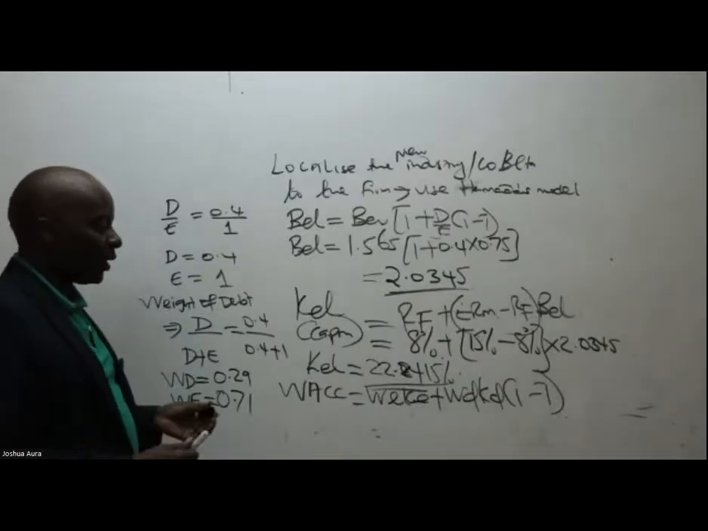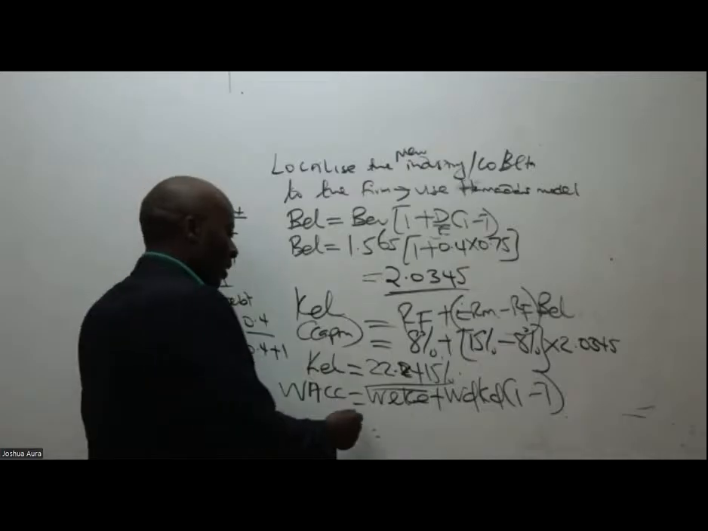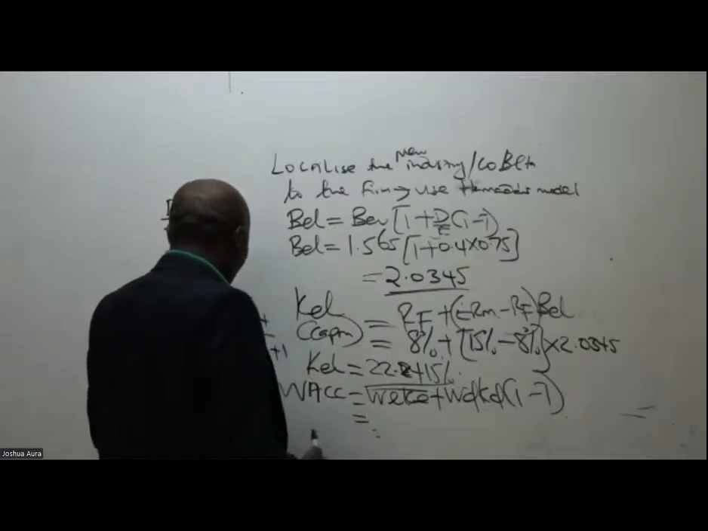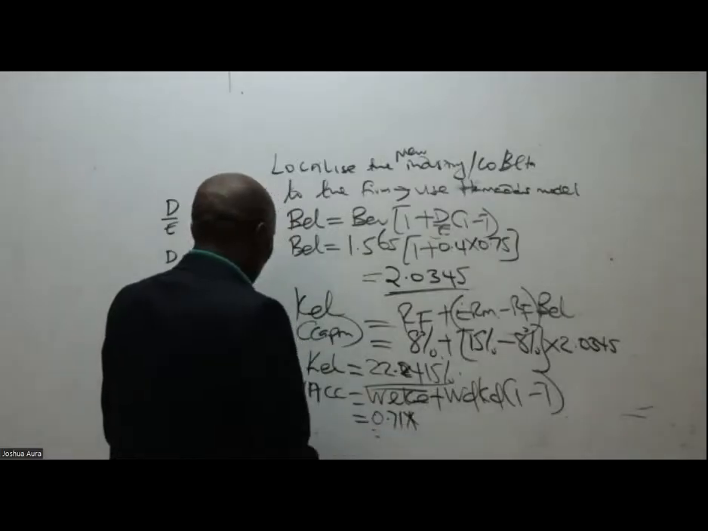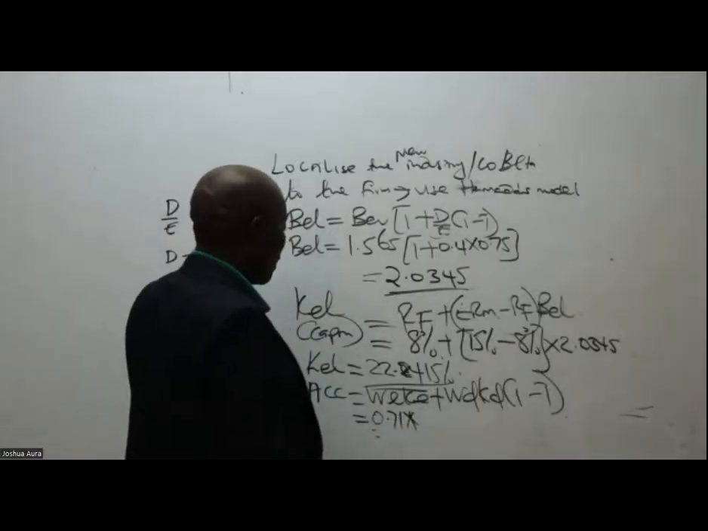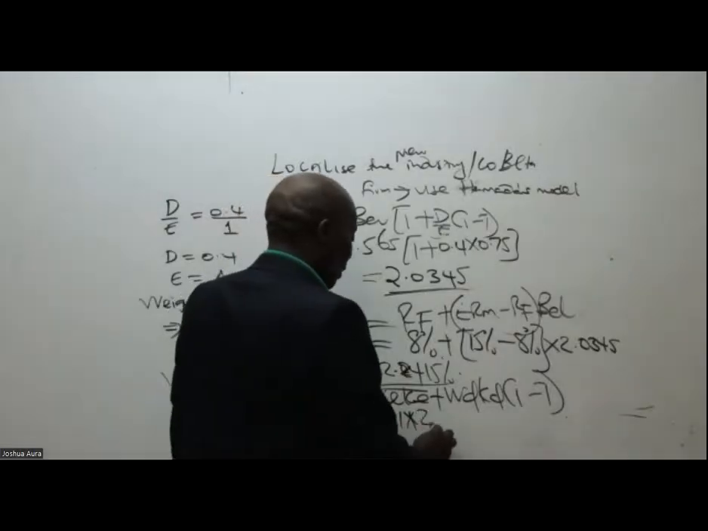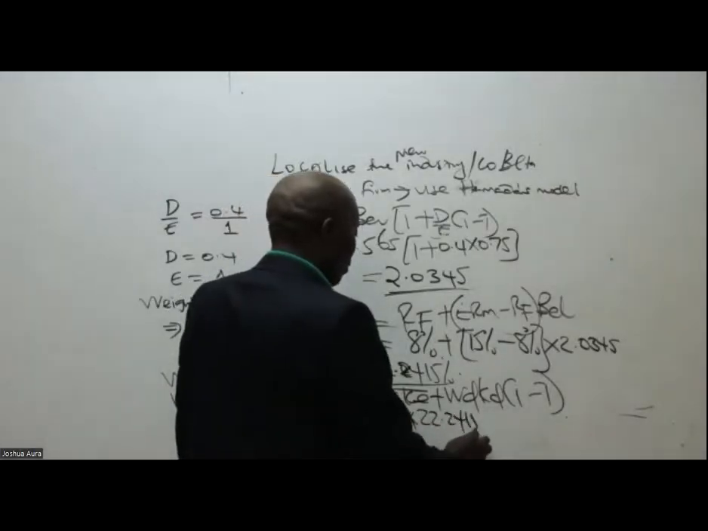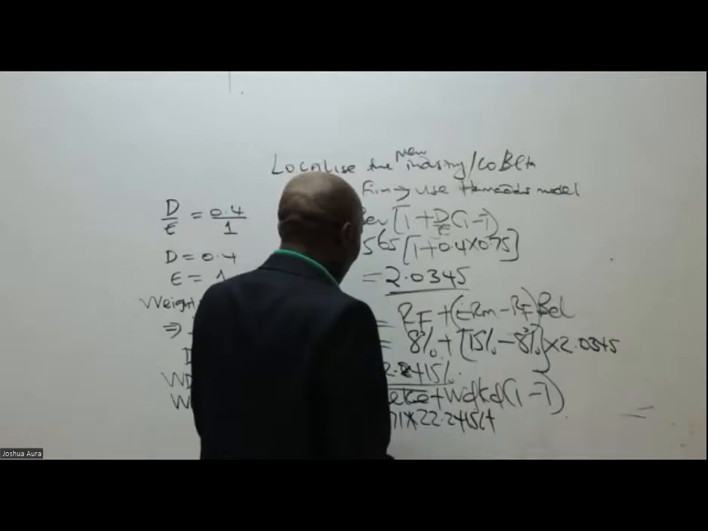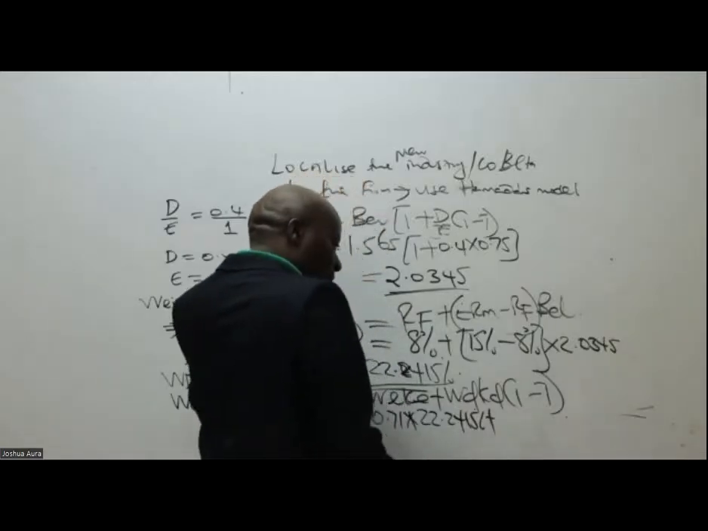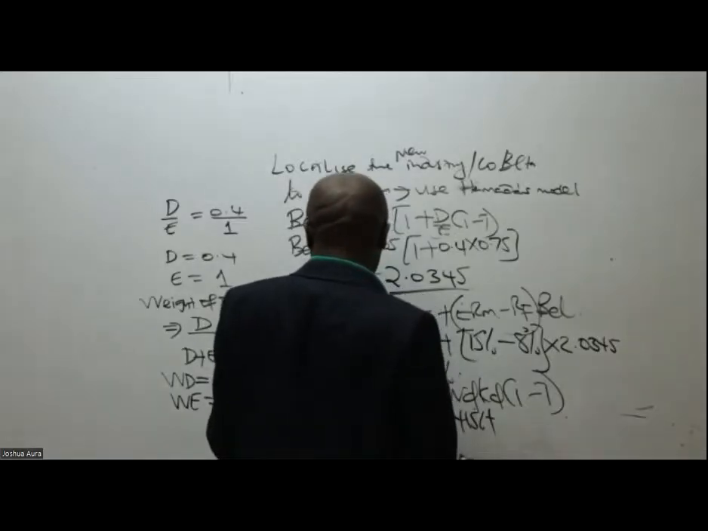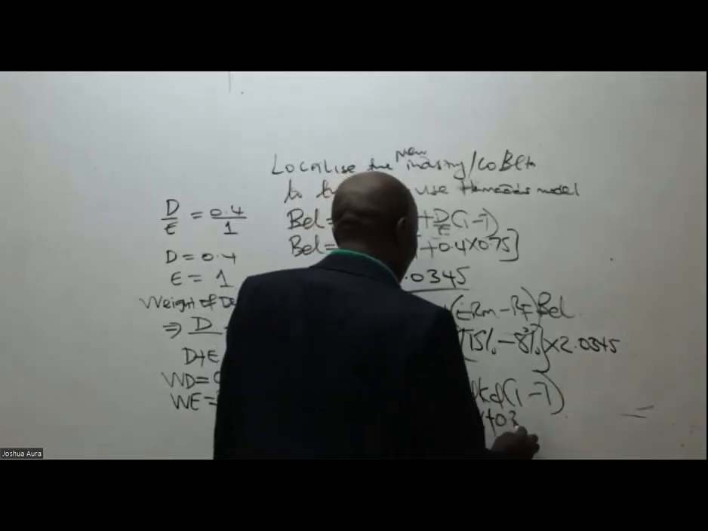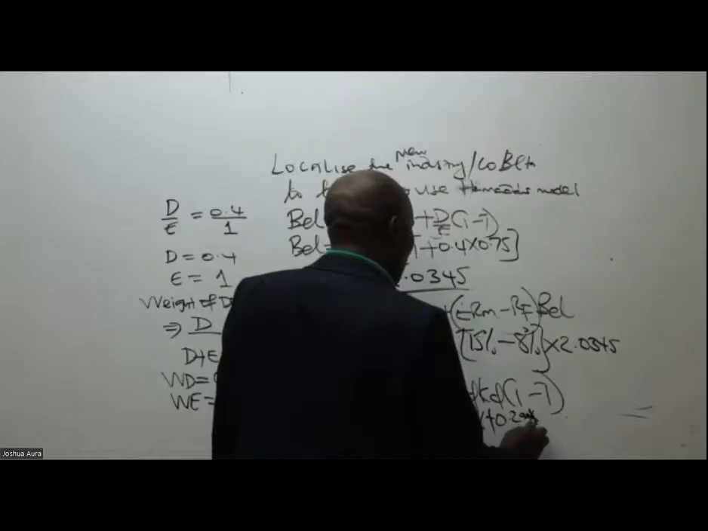So now we have everything, really come and plug in here. So our WACC will be equal to weight of equity, which is 0.71, times cost of equity. Cost of equity, you guys had given me this: 22.2415%, plus weight of debt. Weight of debt is 0.29. Cost of debt, not unless you're told otherwise,